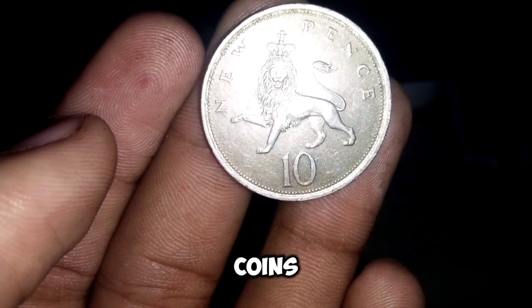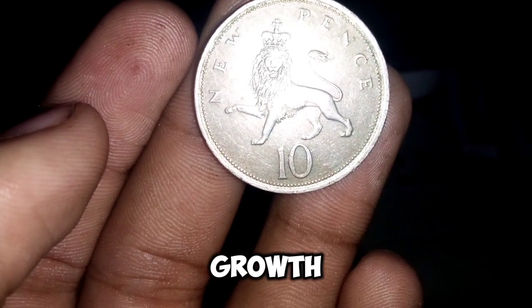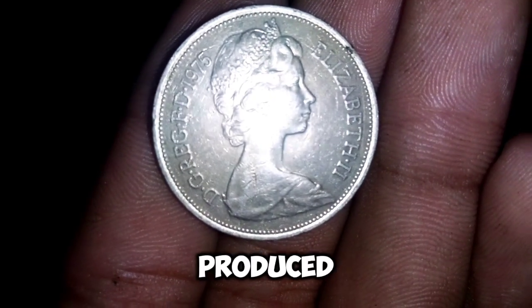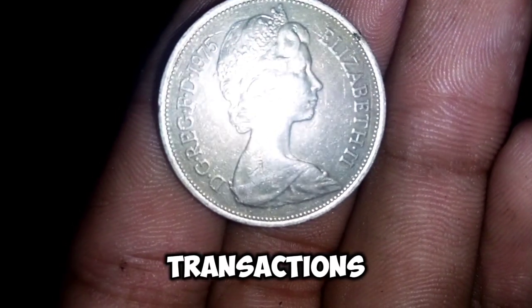The designs on the coins were intended to mark the country's democratic resurgence and its aspirations for growth and national pride. Though the 1986 25 centavo coin was not produced in particularly large numbers and was primarily used in everyday transactions, it has become